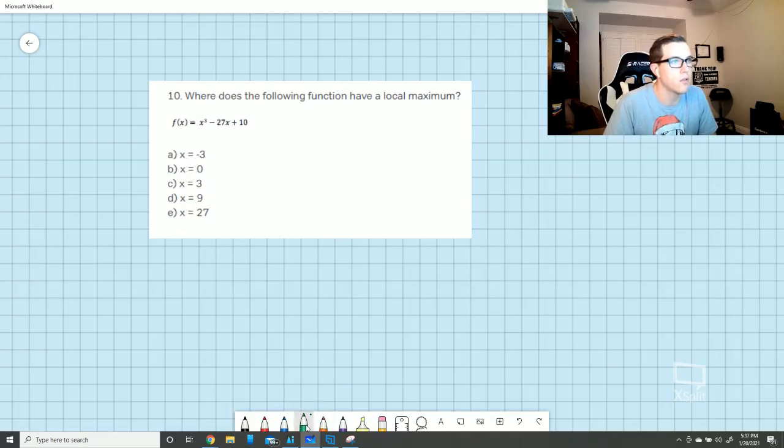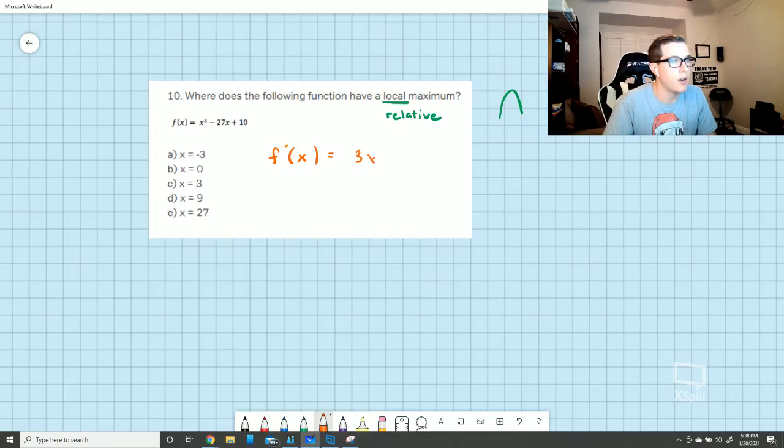I don't use the word local. I use the word relative, not absolute. A lot of times we'll actually have to find absolute max. It's more interesting, but I'd have to give you an interval. But in this case, relative max. Relative maximum means where the derivative equals 0 and it's a max. So let's take the derivative, set it equal to 0, find the critical points, and then test it. So take the derivative,